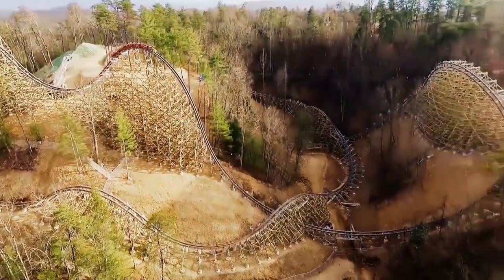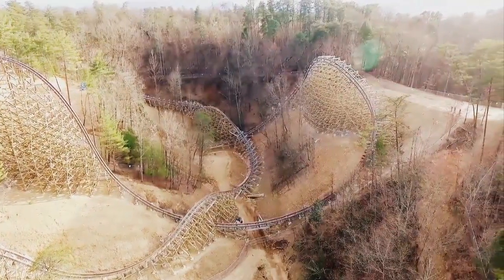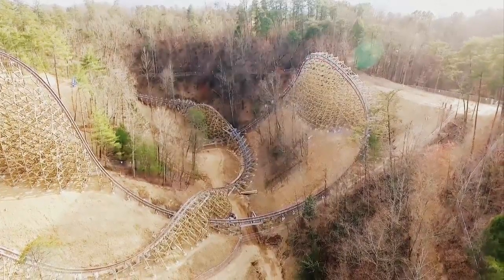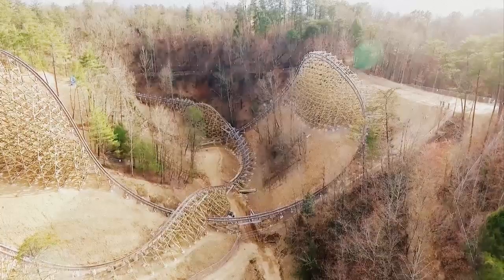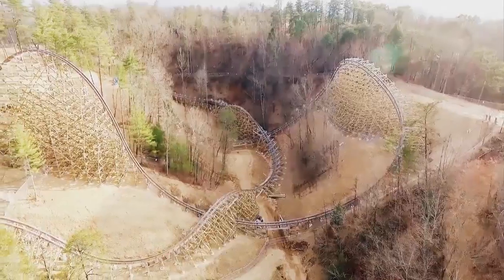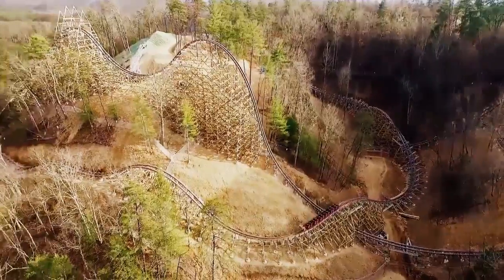Well, I'll tell you what. We saw some testing going on this past weekend, and that first launch, because we've never seen the launch up the lift hill before, and when we saw the video of that launch, it looks really fantastic. One of those launches that gets faster as it proceeds up the hill. And then we've already seen some of the test video. We've seen the renderings from the initial announcement. We've seen the first test video that was put out by Dollywood, and that thing is really hauling through that track. And a lot of people are saying how this is going to be a new standard for wood coasters,